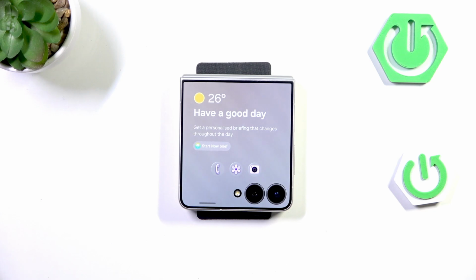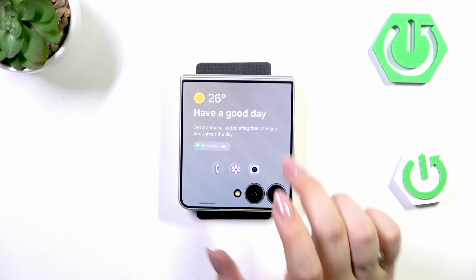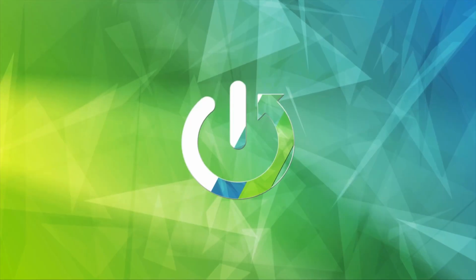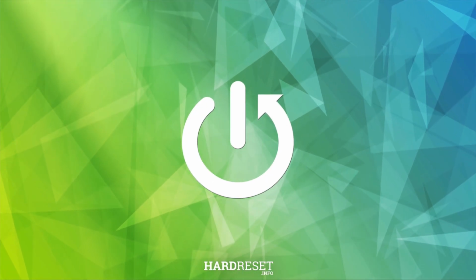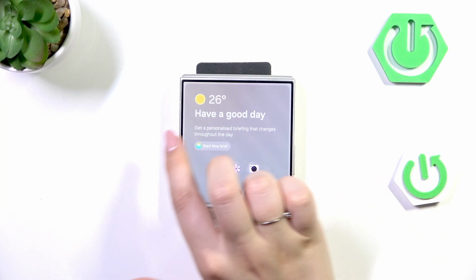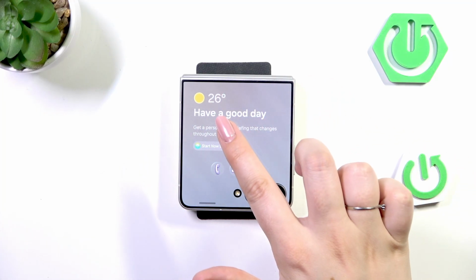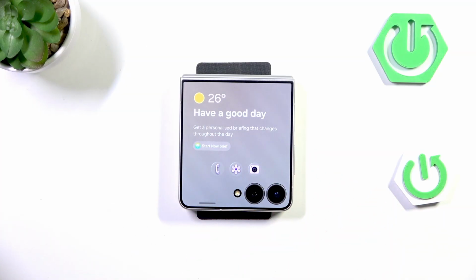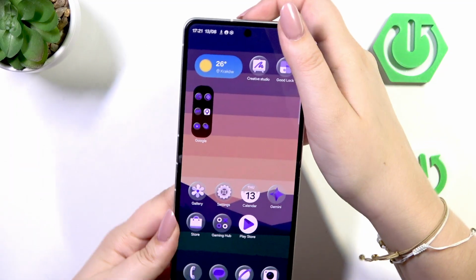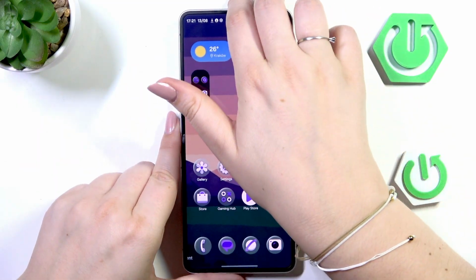Hi everyone, in front of me I've got Samsung Galaxy Fold, and did you know that you can actually have a game on this cover screen? So in this video I'd like to share with you how to add an additional screen and actually have access to some games. So the first thing we need to do is to localize and download the app,